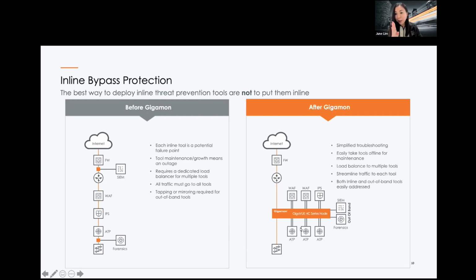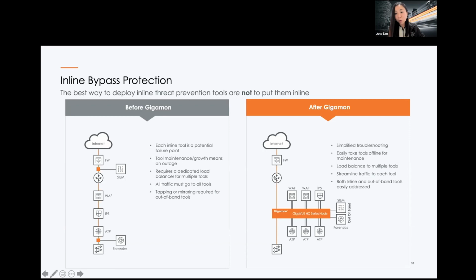And we have this bypass capability: when your tool is down, for example your WAF is down, Gigamon will just bypass the WAF. I keep sending a heartbeat to the WAF. Once I sense that the WAF is down, I will bypass it and continue on to the next WAF, or the IPS, or the ATP.